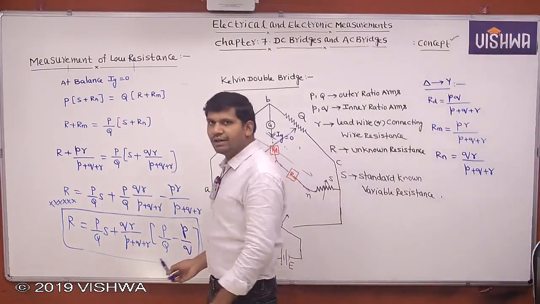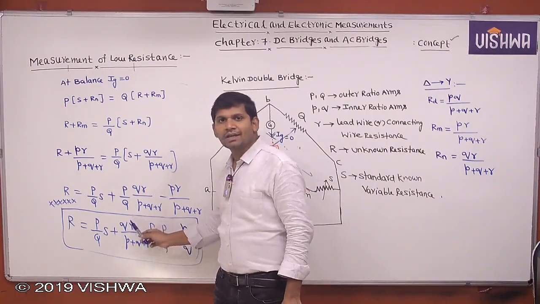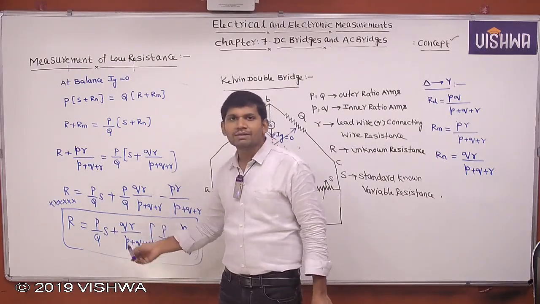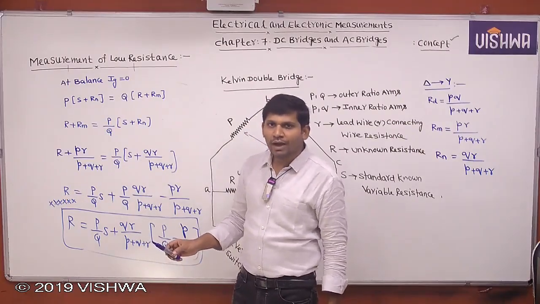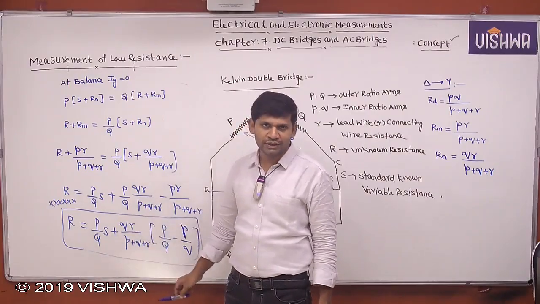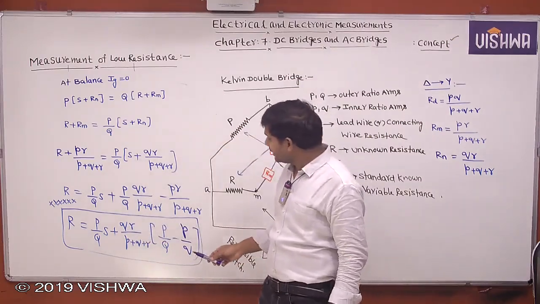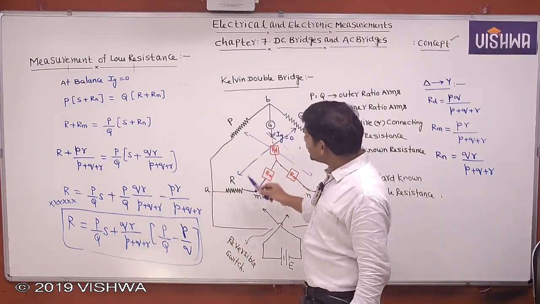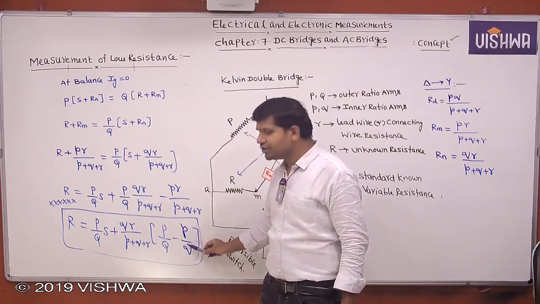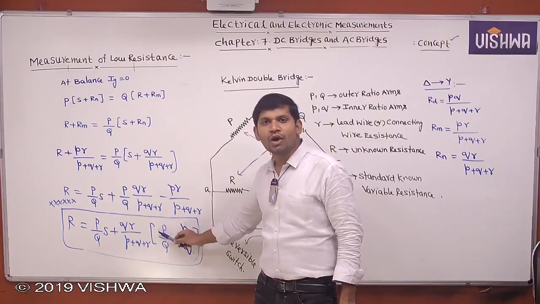But one observation here: this resistance includes lead wire or connecting wire resistance also. Then whatever resistance is measured by using this formula is not the true value. We can get the true value when we eliminate this effect. Then only we can get the exact value of low resistance. Now how to eliminate this effect? If we select the inner ratio arms, small p and small q, in such a way that the ratio of inner ratio arms is equal to the ratio of outer ratio arms,